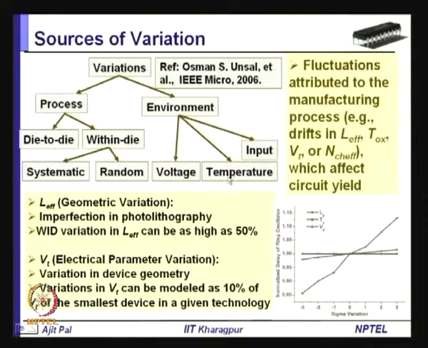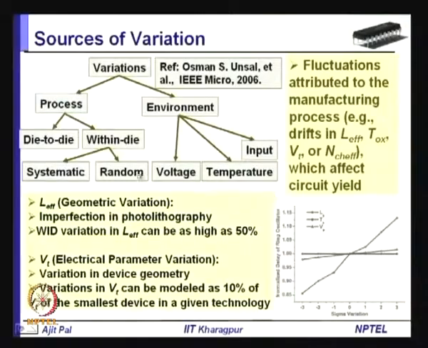Then temperature can change, as we know. The temperature is generated within the chip, and if there is no proper heat sink, the heat cannot be dissipated, and as a result temperature will rise. And again another environment is input. You are keeping on changing the input, and input has, as we know, a lot of impact on the dynamic power. That means, the number of transitions that can take place is dependent on the input.